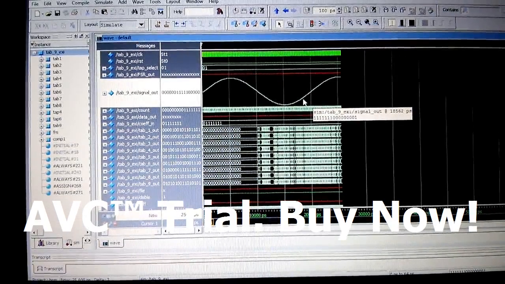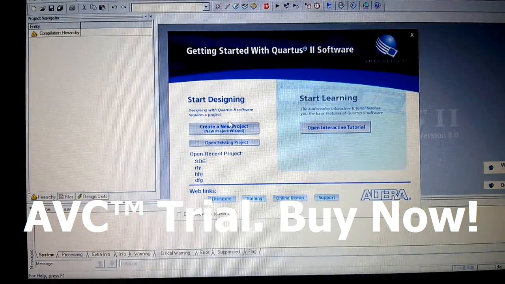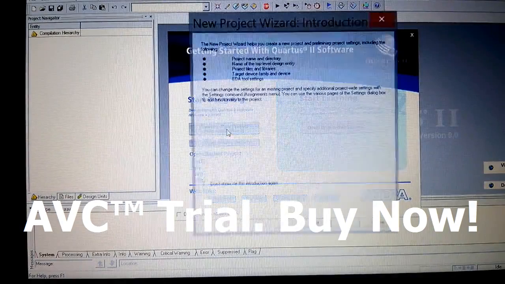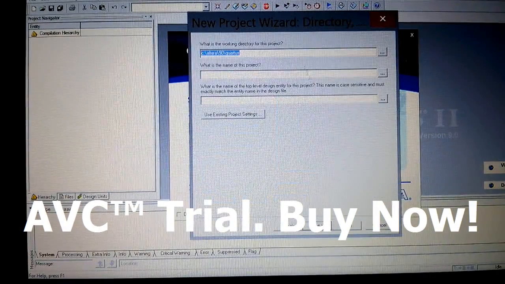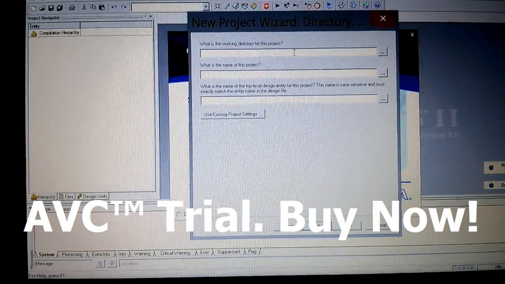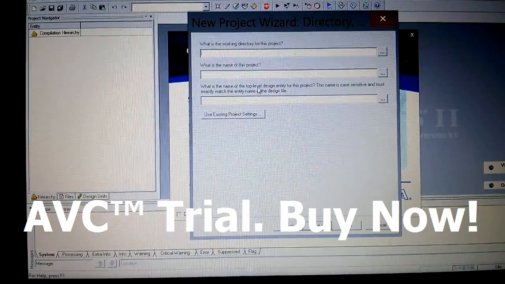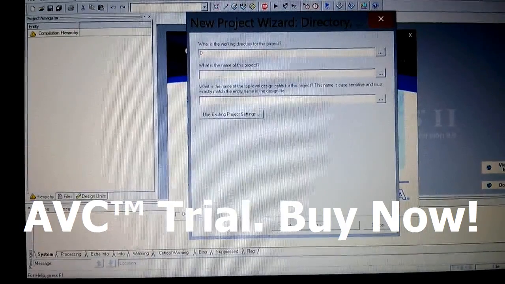Next we synthesize our tool using Quartus II. Now we use the synthesis tool, which is Quartus II. It has many versions. Now we use 9.0. We have to first create a new file. The new file can be saved in any of the local disks. Here we give D.